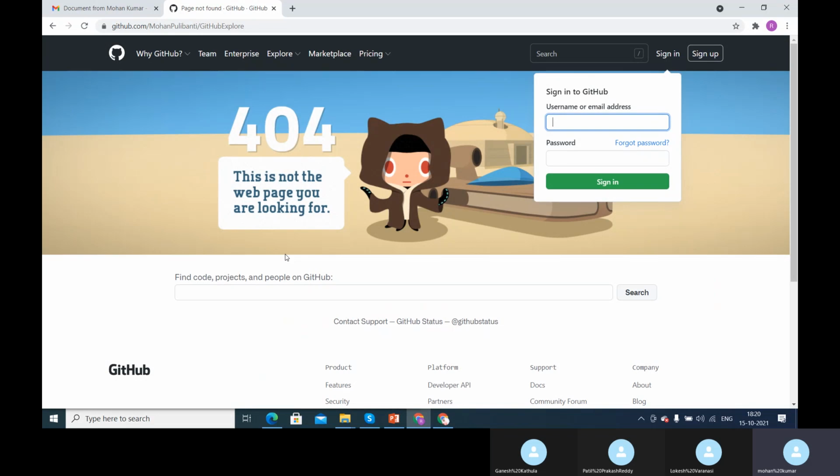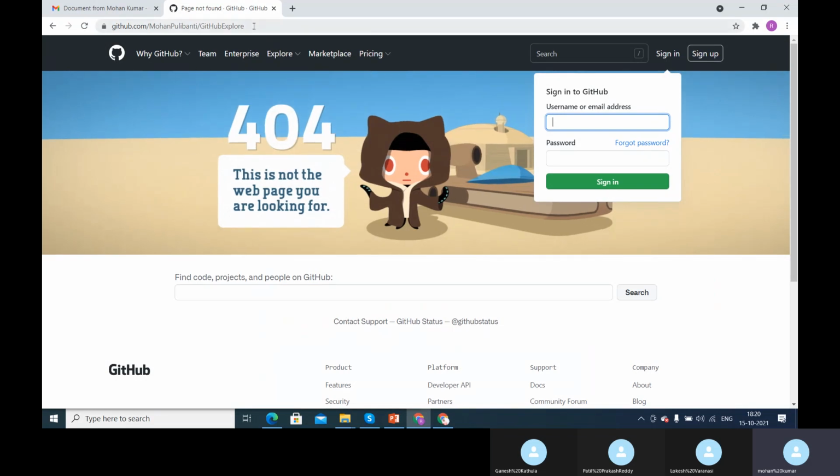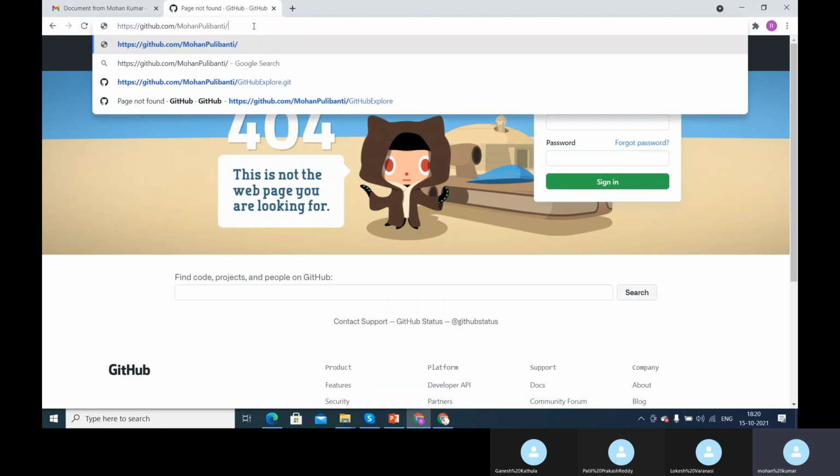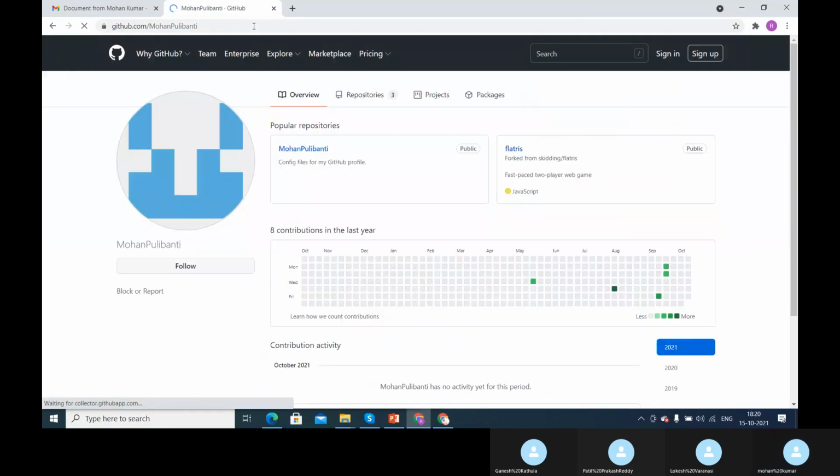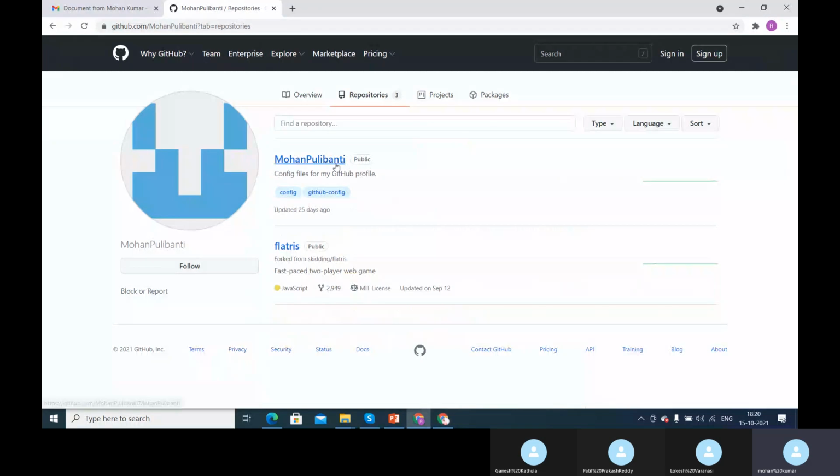Now if I remove this repository name here, now look at this. He's able to access my profile, so this will be visible because this is a free tier one. He's able to access my profile but not able to access the repositories which are created privately. Okay, so this is a public repository, this is a public repository, but there is one under the Mohan